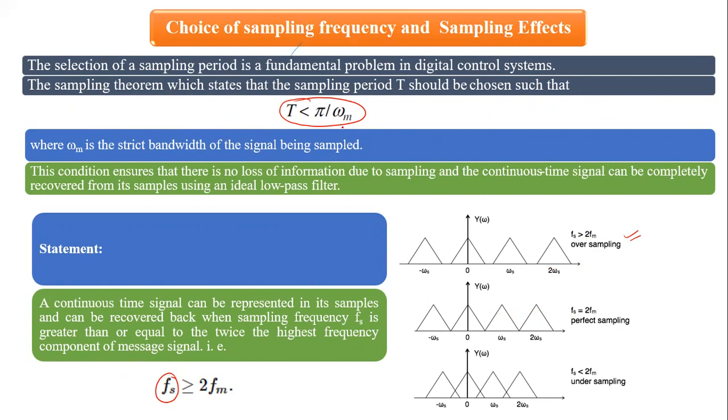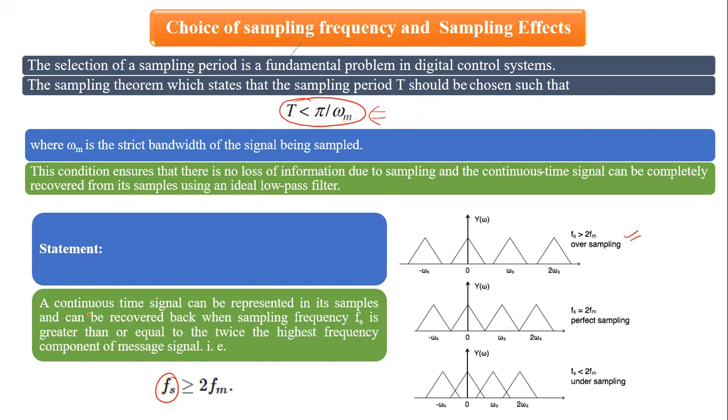So either you can say that the sampling rate is taken care of or the sampling frequency is taken care of. It is one and the same thing. These two are not different. So the sampling frequency which we need, or the choice of sampling frequency, is defined by the sampling theorem,